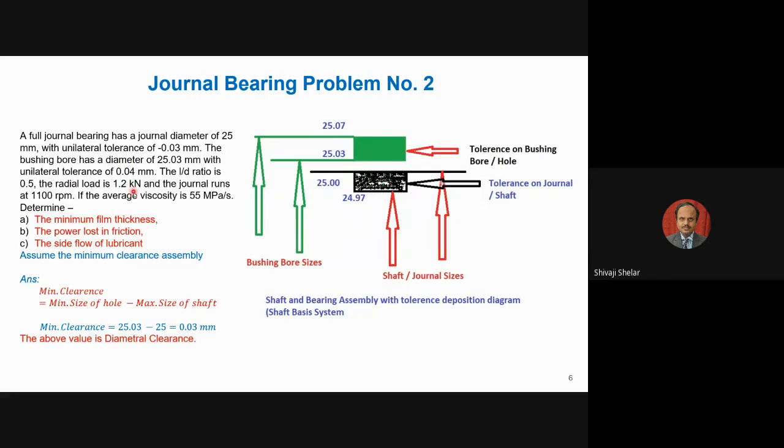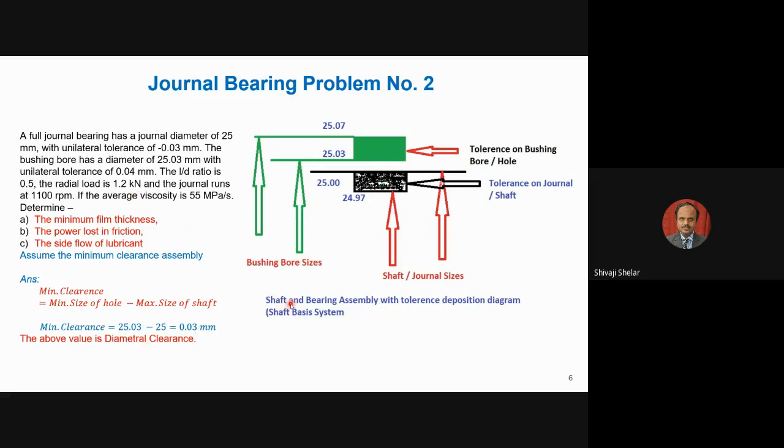So, how to solve it? Here, you need to know the concept of limit switch tolerancing and the designation of assembly, that is the bush and bearing assembly. Normally, a bush bearing assembly is a shaft basis assembly. Please remember, there are 2 methods used: hole based system and shaft based system. Since the cost of the bearing bushing is low compared to the shafting, the shaft based system is mostly preferred when you make an assembly of bush and shaft.